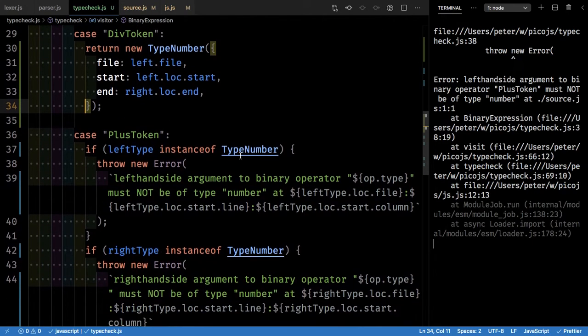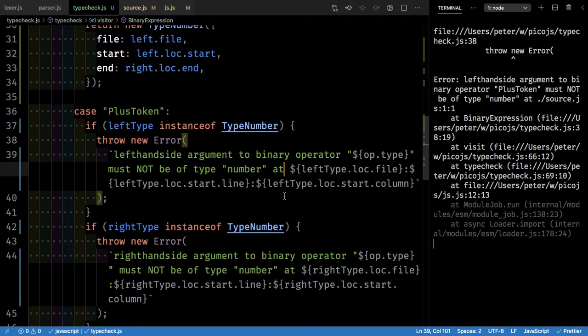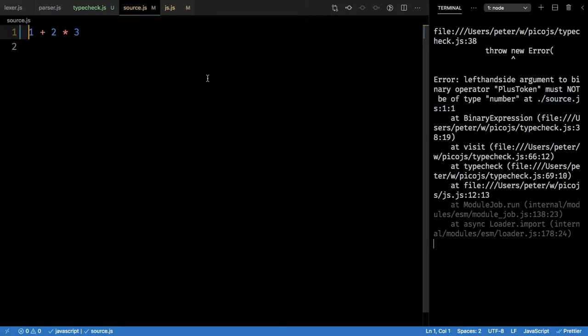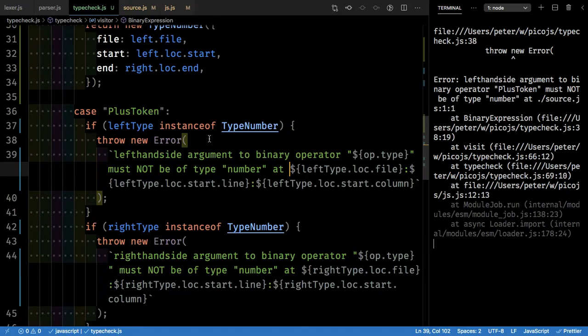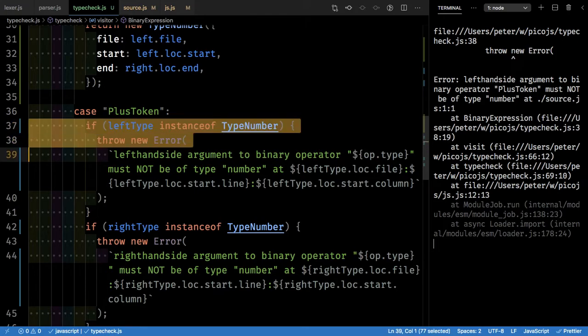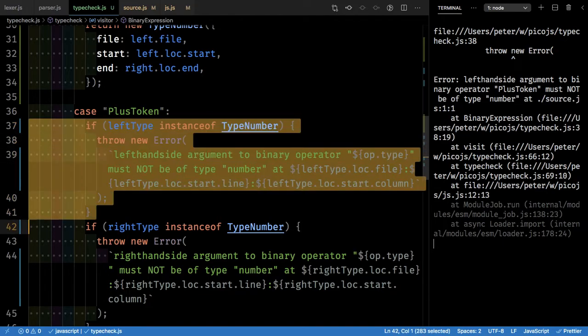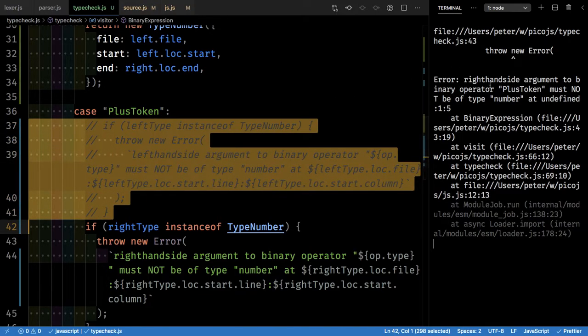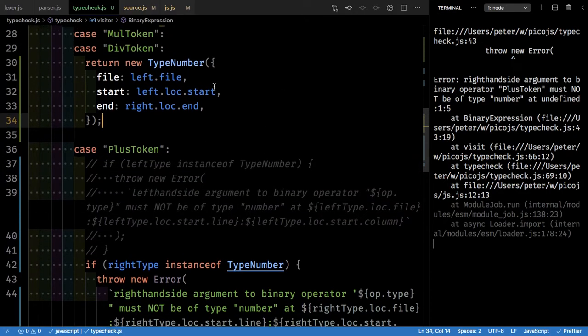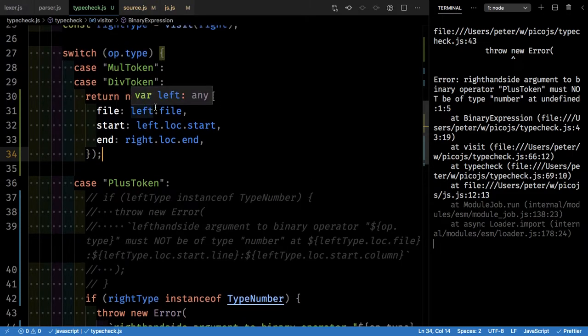Okay, and here we have just add, right, which points at the full thing, right? Let's see. Yeah, the left type. Okay, we actually want the right type. We ignore left type, we don't care. So right hand side argument should not be of type undefined. That's good. That means so left actually log